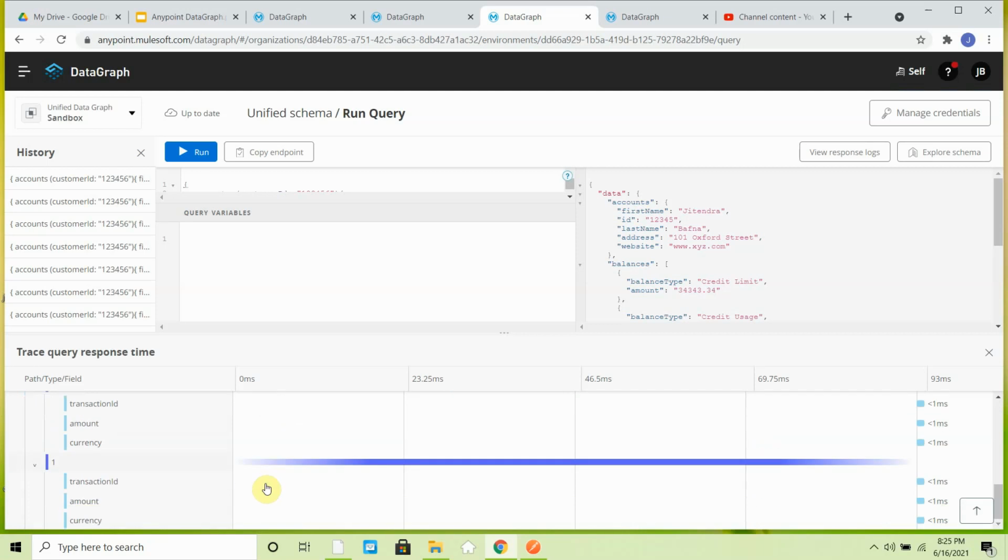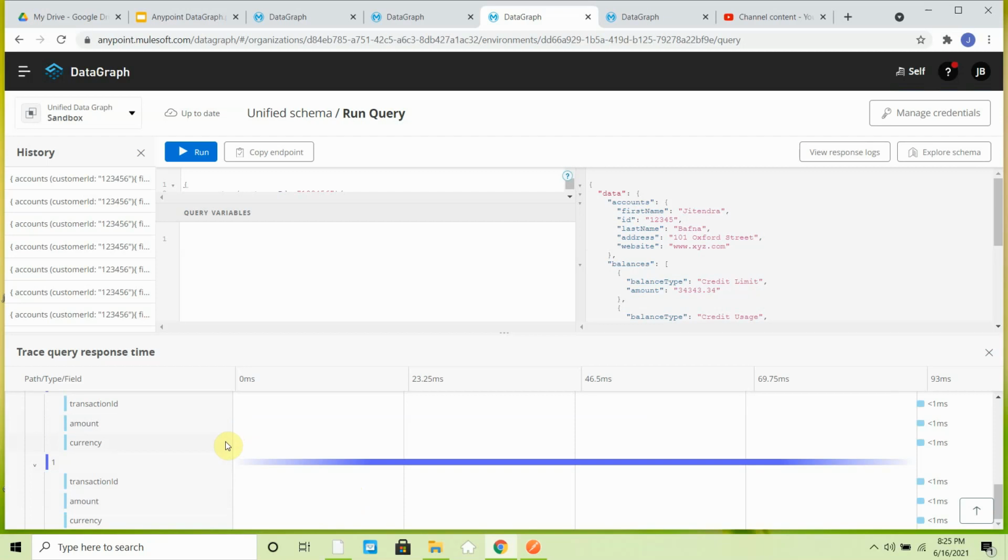So this is one of the features available with Anypoint Data Graph. It is similar to an SQL database, where you can also see how much time a query takes for complete execution. In the same way, it also provides how much time this particular request took from the data graph to the underlying APIs. This is a very cool feature, and you can measure the performance of your API. In this case, my Anypoint Data Graph is calling 3 different endpoints.